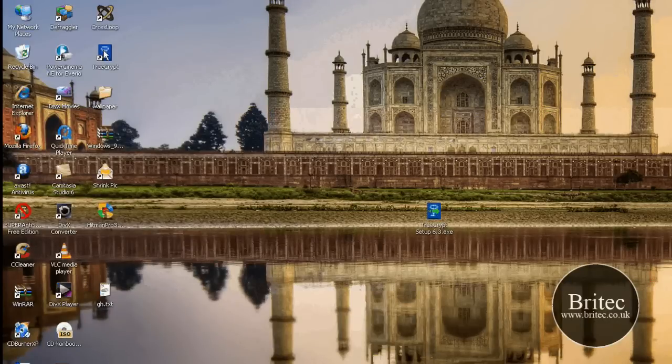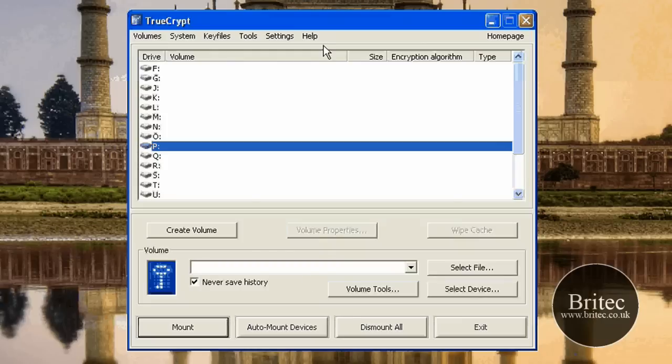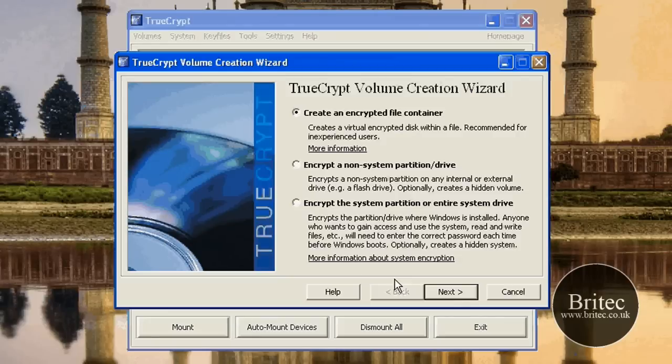So now we're going to fire the program up. As you can see, it's very easy to install. Just follow the actual on-screen display. I'm not going to go through the installation process. So here we have the actual application installed, and what you need to do first is create a volume. So you want to create a volume like so, and then you want to pick the actual job that you